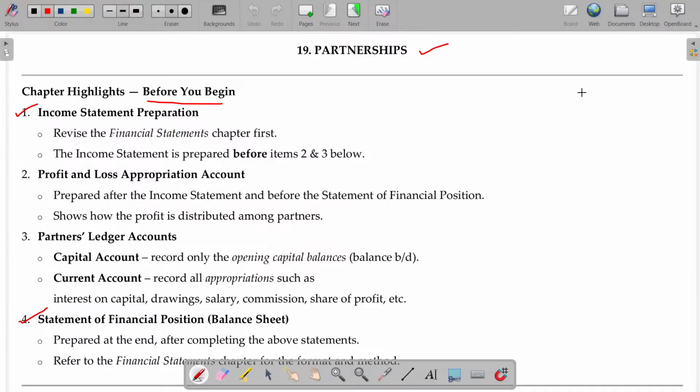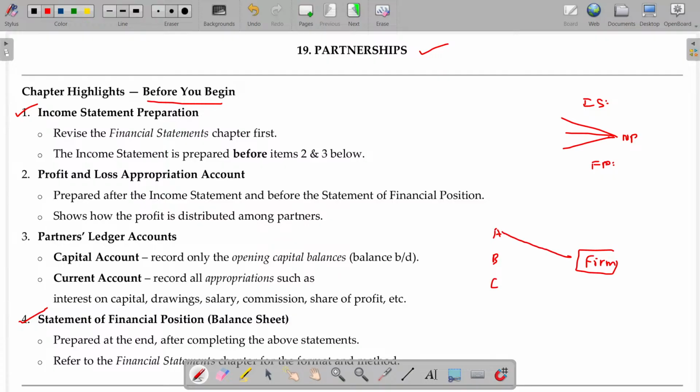If only one person is running the business, he prepares an income statement. Whatever income he gets is transferable to his financial position statement as profit. But what happens if we have multiple persons carrying on this business as partners? The profit earned by running the business will be shared by the different partners as per their contributions. In a partnership firm, assume we may have three partners like A, B, C.